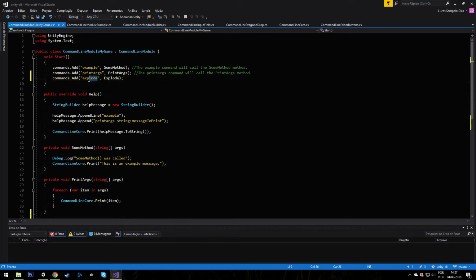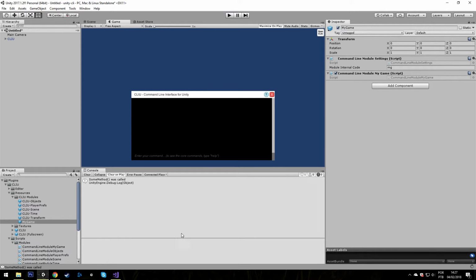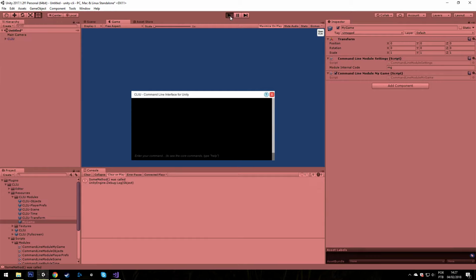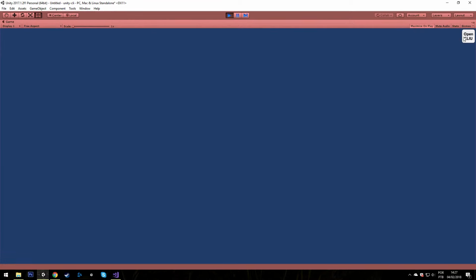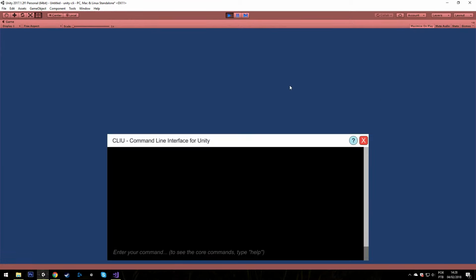So let's try just like exp, and it will work just fine. Let's save the script, open Unity, wait for it to compile, press play. If we say mg exp, boom,